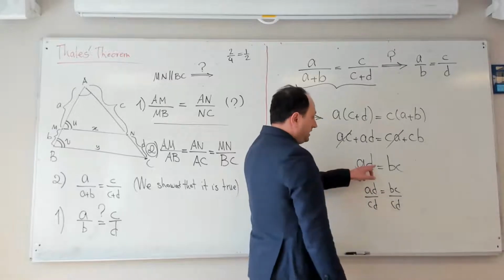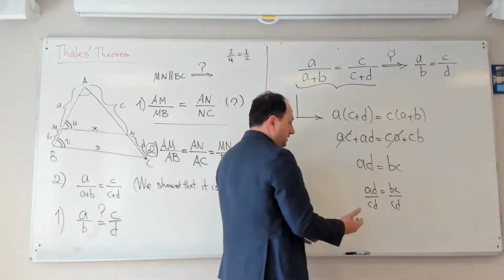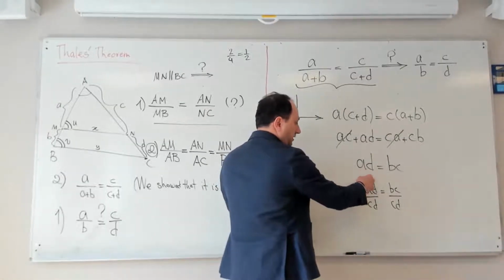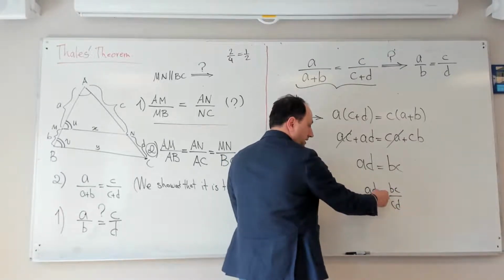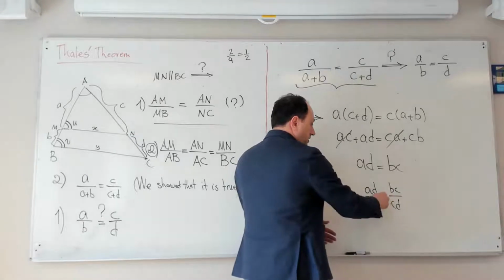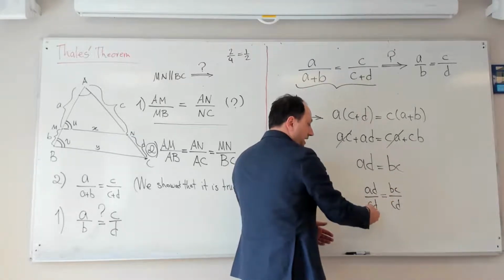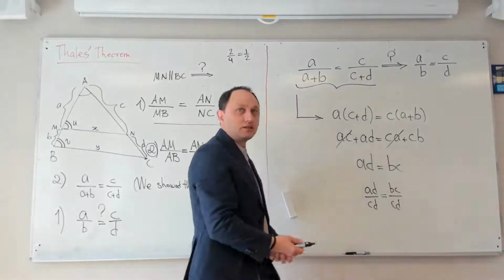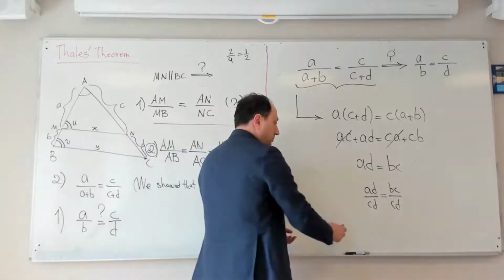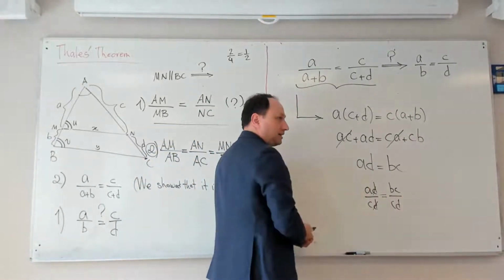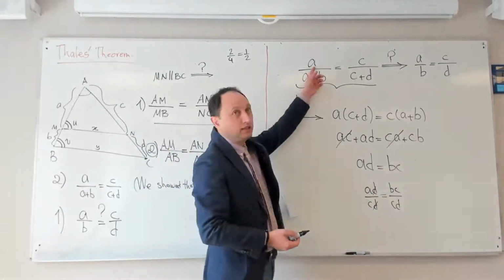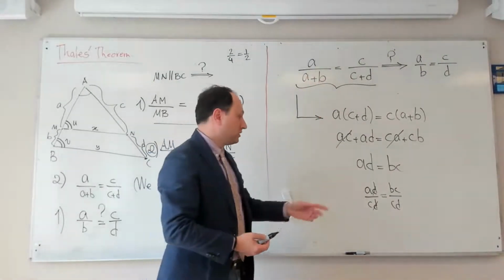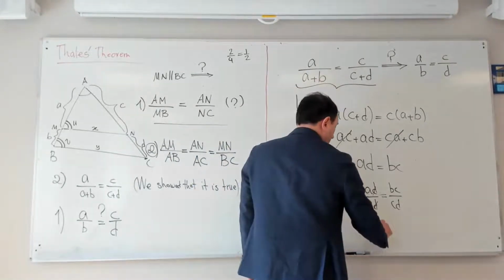If AD is equal to BC, it is reasonable that if I divide the left-hand side by CD and do the same thing with the right-hand side, they are the same, yes? Because they were the same, I did the same thing to both sides, they remain the same. But why is this good? Because can I simplify this D with this D now? Because that's a product. I couldn't simplify before here, because that was not a product, yes? So I can simply divide, it becomes A over